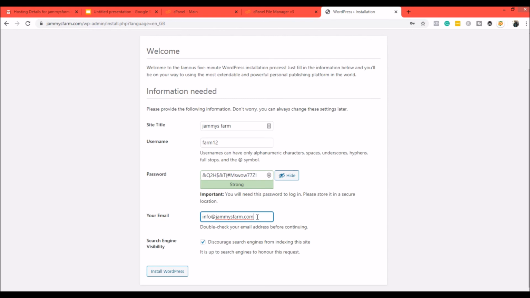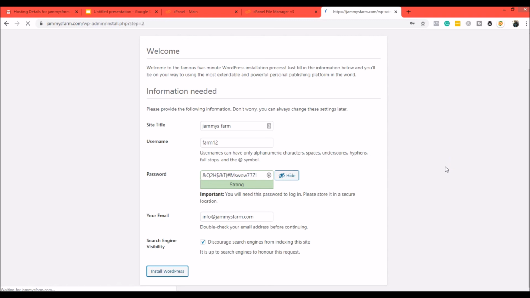But if you have Gmail or any other email, you can use it. Doesn't matter. You can actually make changes to the email later on. So once you provide this information, but what is much important here is your username and password, because you'll be using this to log into your WordPress to edit your WordPress and do some other settings, which we'll be doing in other videos. So once you provide all this information, just click on install, and your WordPress will finally go